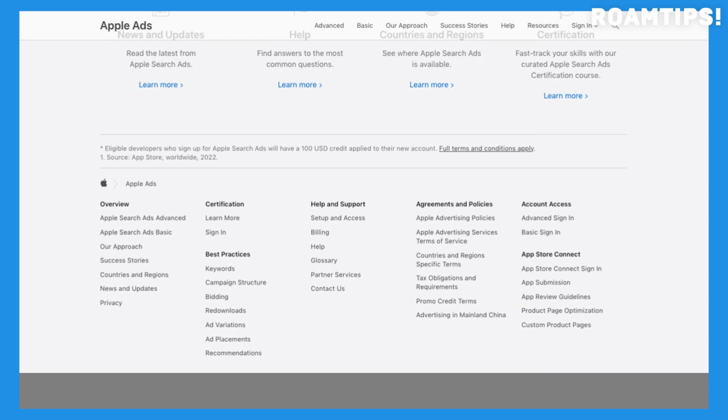Advanced gives you full control. Choose your keywords, demographics, and bidding strategies with a cost-per-tap model, paying only when users tap your ad. Target users searching for apps like yours with keyword matching, negative keywords, and audience refinements like location, device, and user